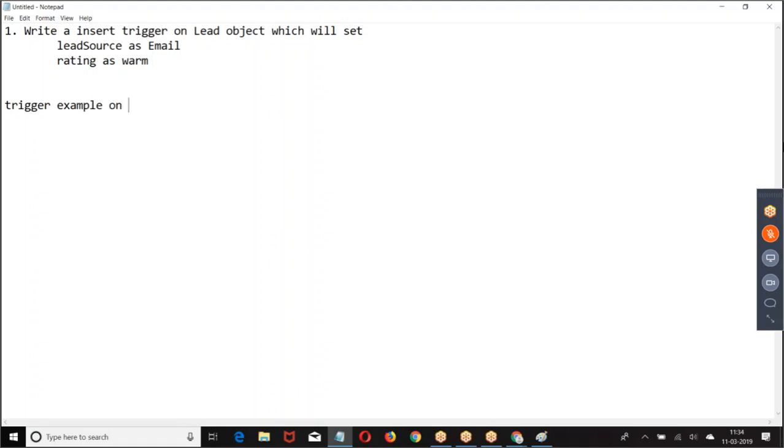Trigger example on lead. What are we supposed to write? Before insert. Then how do you take the list of new records? List of lead, leads equal to Trigger.new.